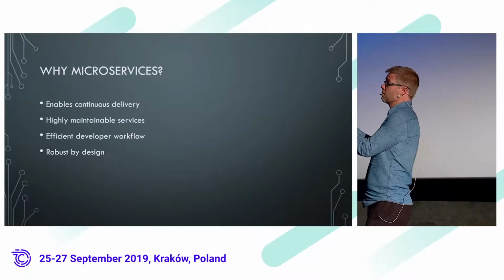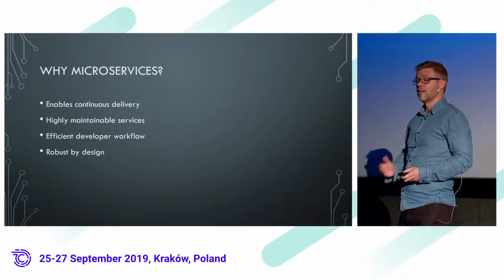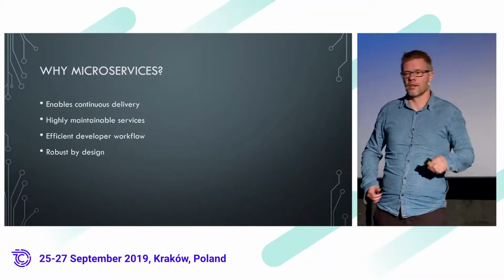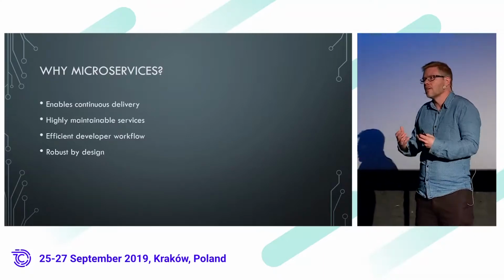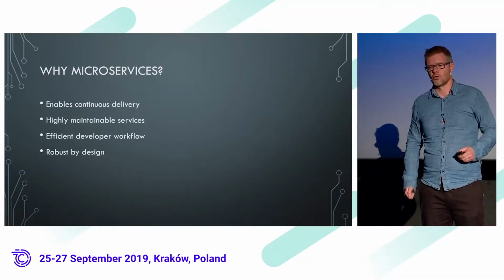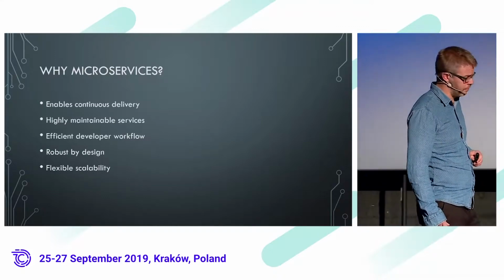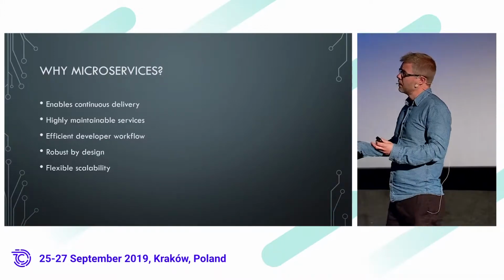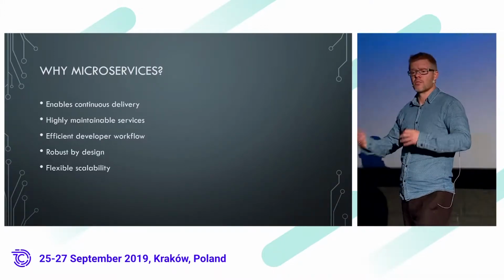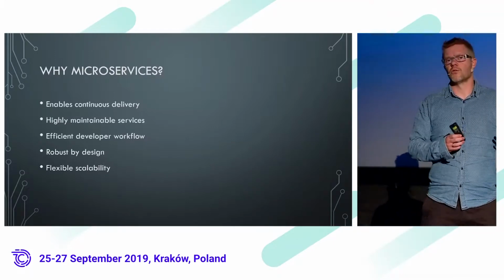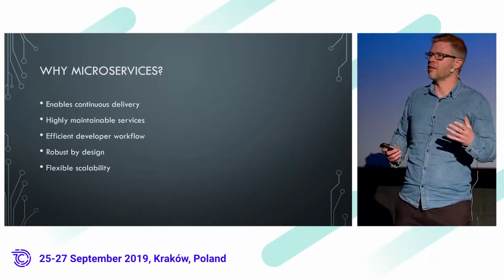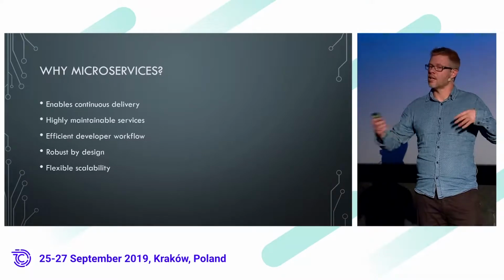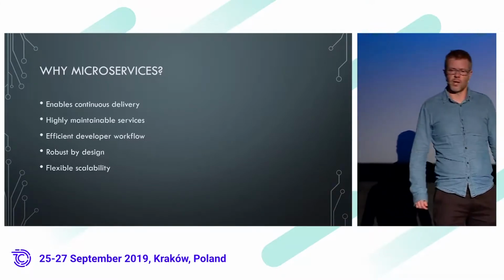Of course, this is something that also has a flip side. If we get it wrong, it can just be completely opposite, that it almost never works. So it's quite important to think kind of hard about how do we split these things into the microservices. And again, if we get that right, we also get some flexibility in terms of scalability. So there's the flexibility on the business side of being able to experiment and so on, but there's probably also some hot paths in most systems where most of the traffic or a lot of the traffic come through. And it's really awesome if we can actually scale those parts out without scaling everything out. That's a nice piece of flexibility to have too.